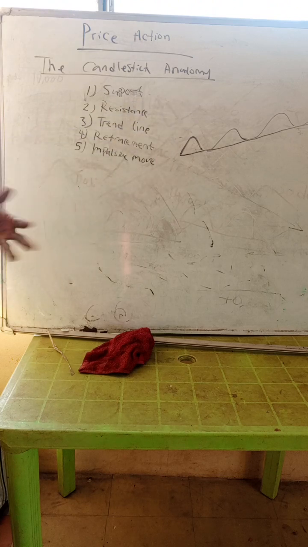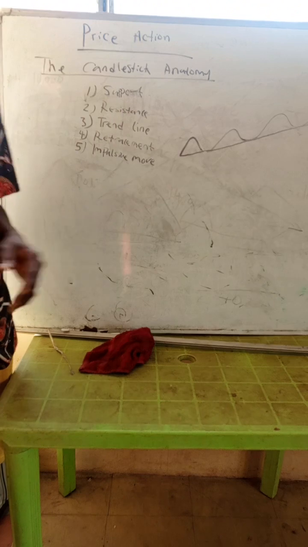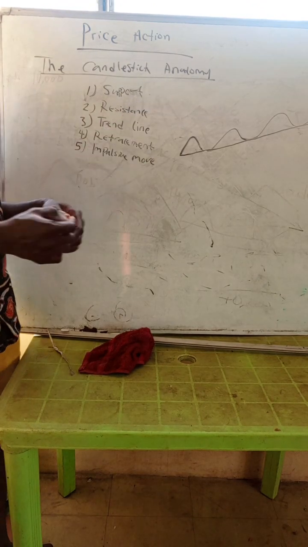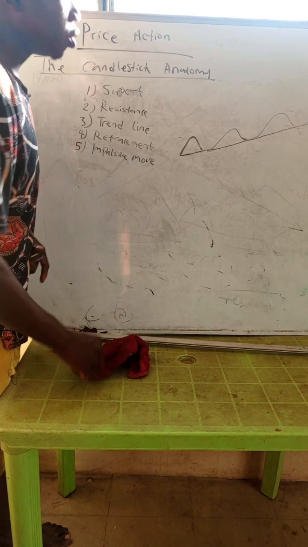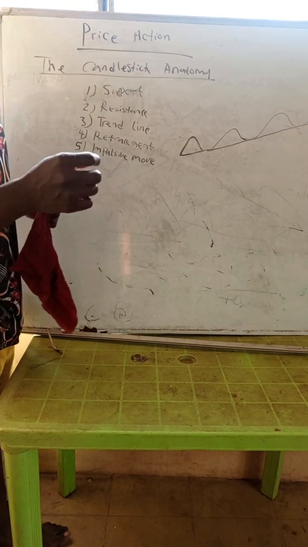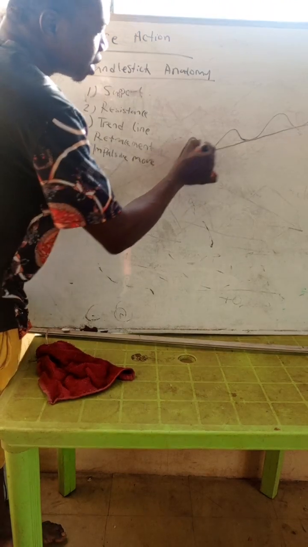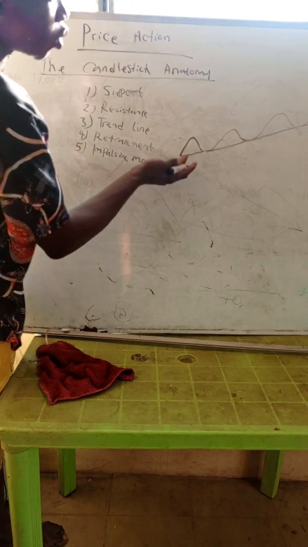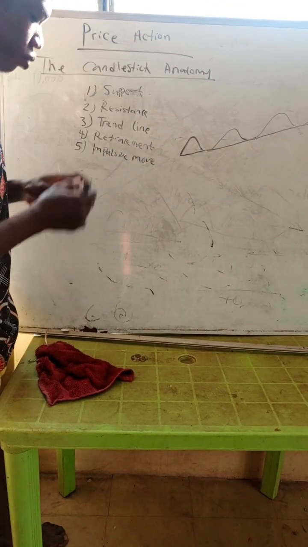So if I say draw a trend line, it simply means draw a line connecting either the highs, and when I mean the highs, I mean the resistances, or the lows, which means the supports. So if I say draw a trend line, you know what I mean now. I mean to draw a line on a trend. Of course, you know what you should touch. You don't need to cross it or bisect it. You need to connect all the supports or all the resistances. Let me do it for the resistance.